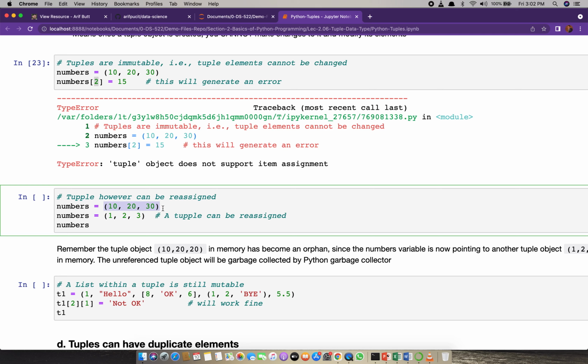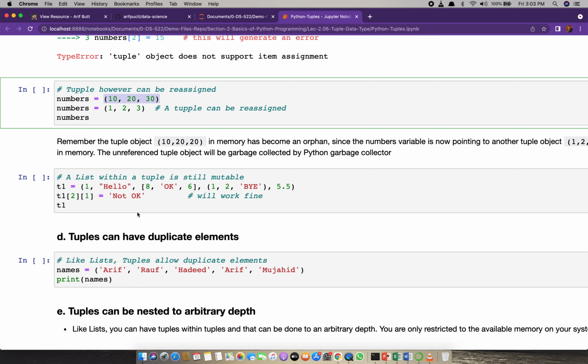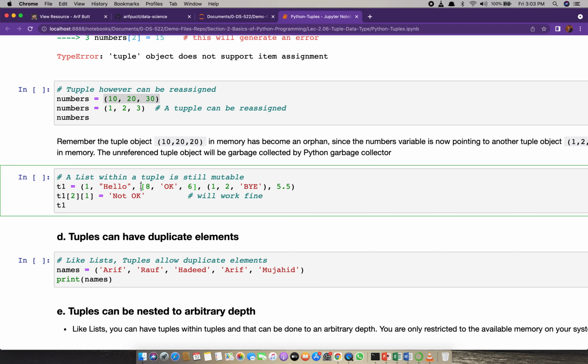I'm repeating these things. I have repeated this in strings, I have repeated this in list, so that you should remember how things move on underneath Python. Okay, so one more thing, a list within a tuple is still mutable. So this is a list within this tuple, and 0, 1, 2, this list is at index 2.